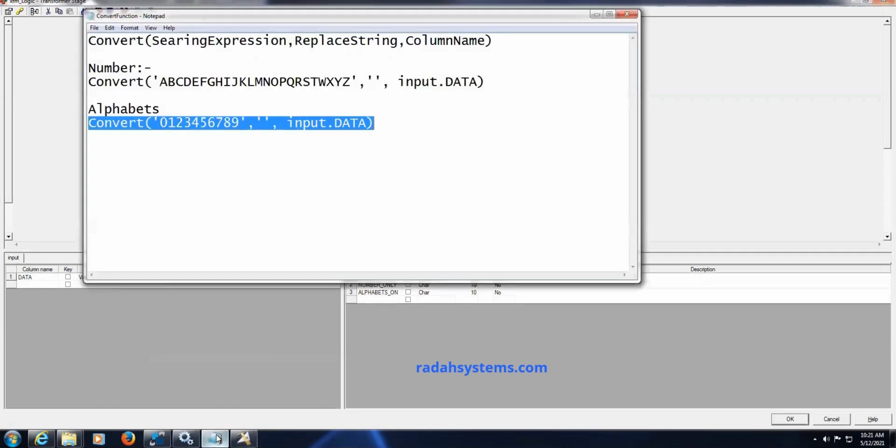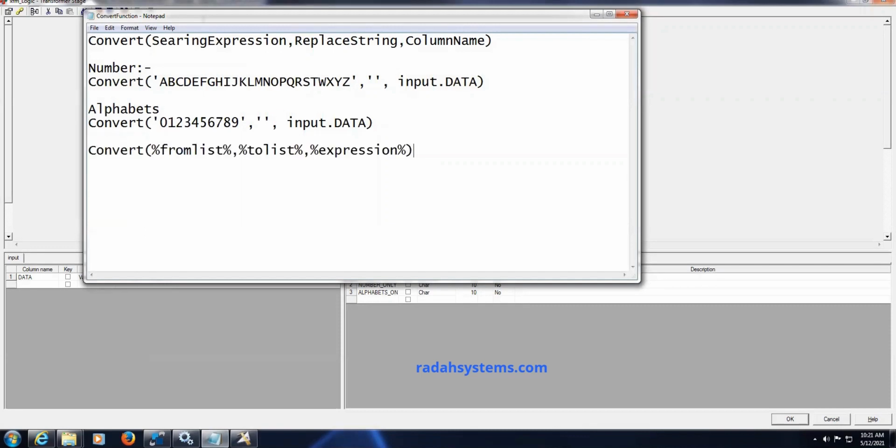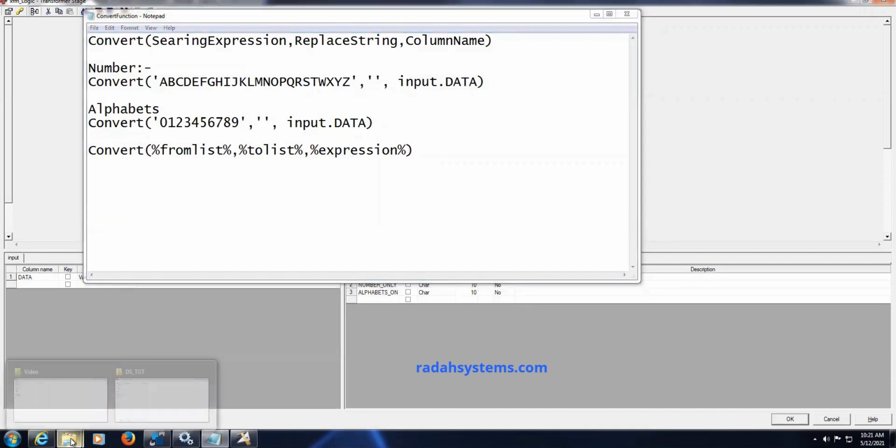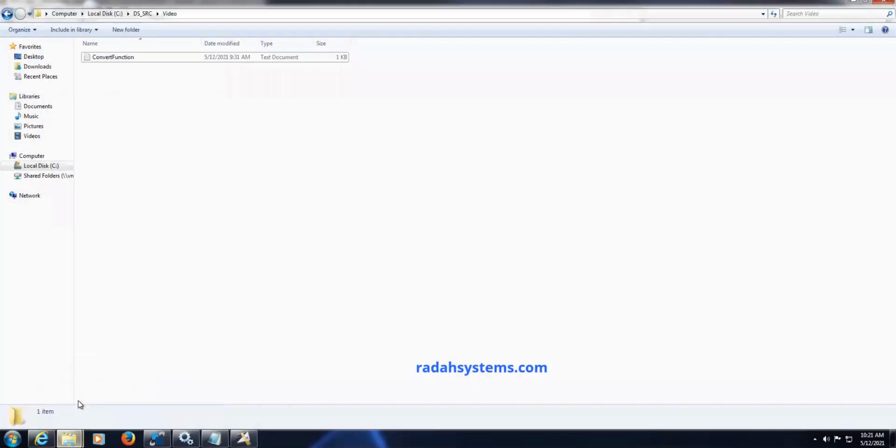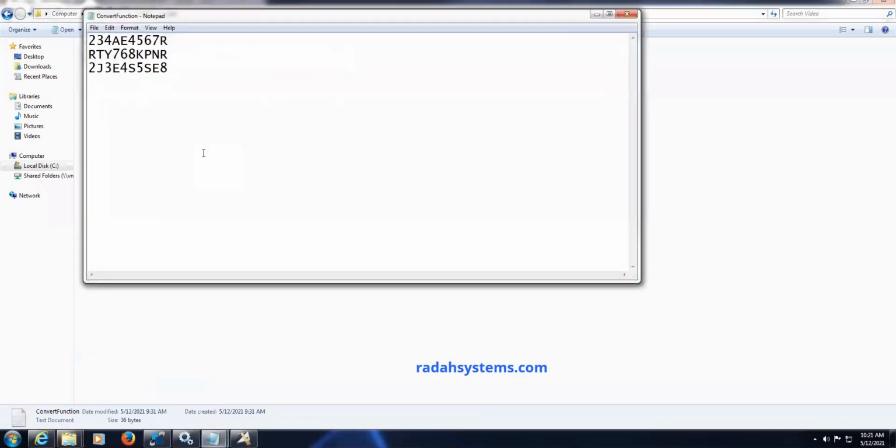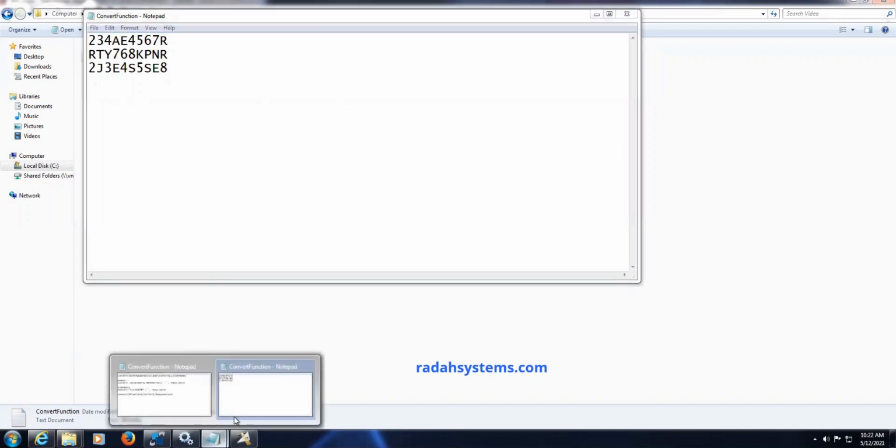Here I have a string as input data, a combination of alphanumeric values. The input data contains both alphabets and numbers. I want to separate the numbers into one output column and the alphabets into another output column. How do we do this exercise?